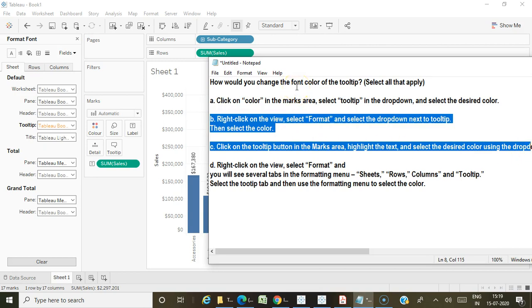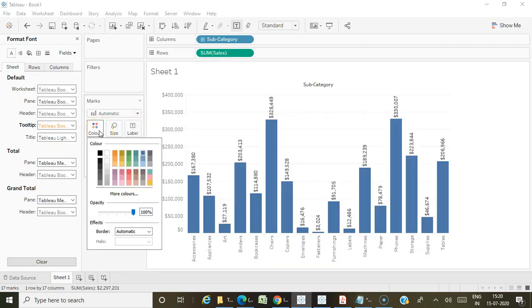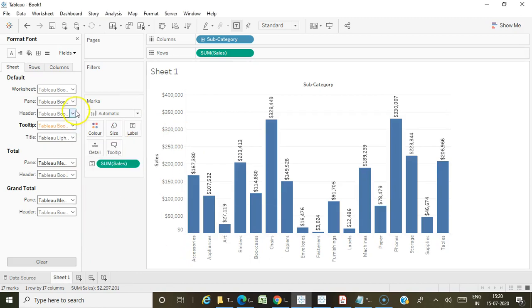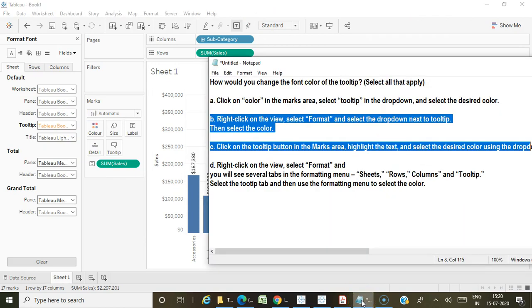Okay, so that's what I am saying. When we get these types of questions, sometimes it is confusing. So what you need to do, even if it is a theoretical question, is just try that out with your Tableau desktop, so that you can clarify how it works. You can just explore these options. See, click on the color in the marks area. See, there is no option for tooltip, so definitely this option is wrong. So cross check with your Tableau desktop once before you answer these types of questions. It will also really help you to get the correct answer.